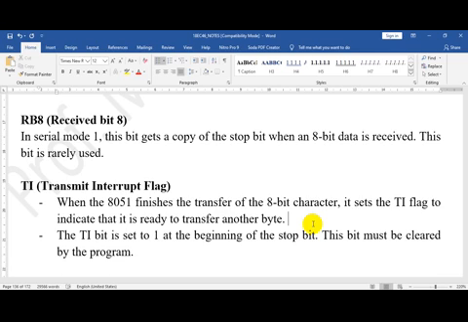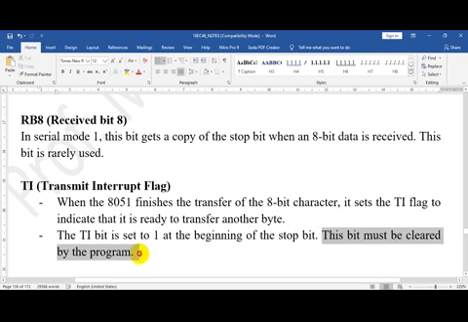Once the character has been successfully transmitted, the processor sets this flag to 1. Before transmitting the next character, the user has to clear this flag. This bit must be cleared by the program, that is, by the user. That's the importance of the transmit interrupt flag.